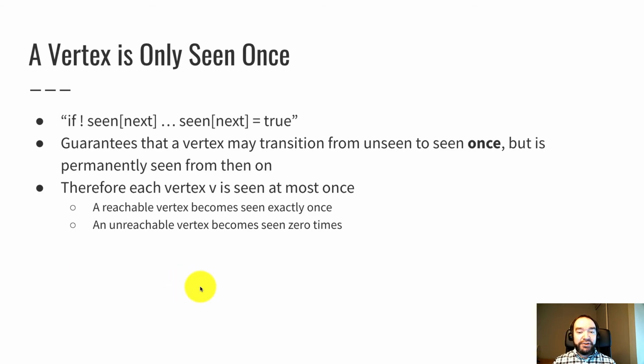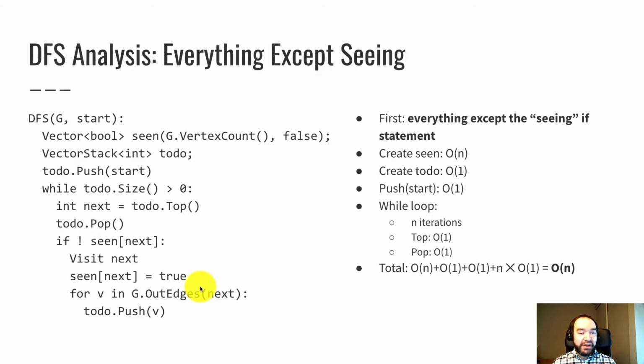So when we see a vertex, we flip that seen flag from false to true. Every seen flag starts false. When we see a vertex, we flip it from false to true, and it'll never change back. Once you see a vertex and set that flag to true, it never goes back to false again. Look here, they're set to false initially. There's one assignment that changes from false to true. There's no capability of ever going from true to false again. So this is a one-way trip.